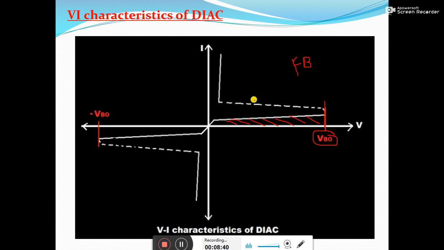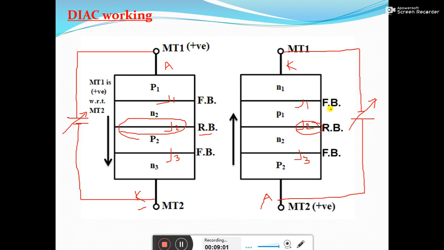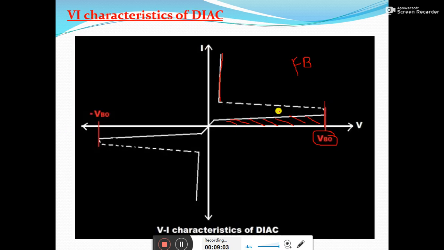But at the same time, like SCR, this also will show the negative resistance region. Whenever the current through the diac increases, at the same time the voltage across it will decrease. So that's why it shows the negative resistance region from here onwards. Current is going to increase. Similarly, in case of reverse bias, here also the similar behavior as in the first quadrant is observed. Only the thing is both the voltage and current are treated to be negative, and these characteristics are plotted in the third quadrant.